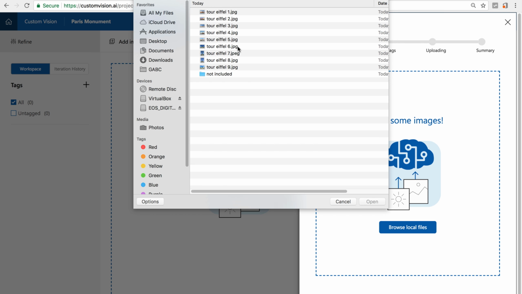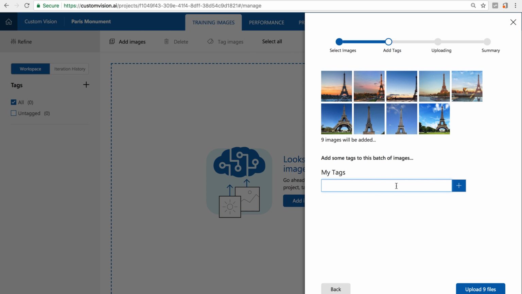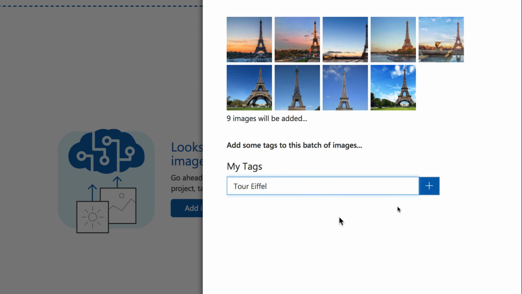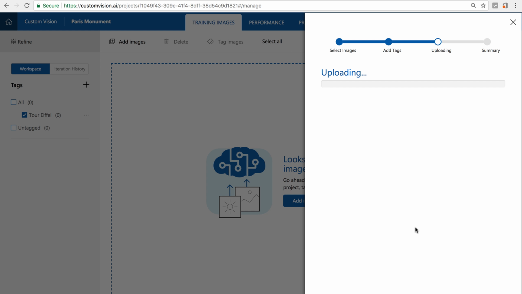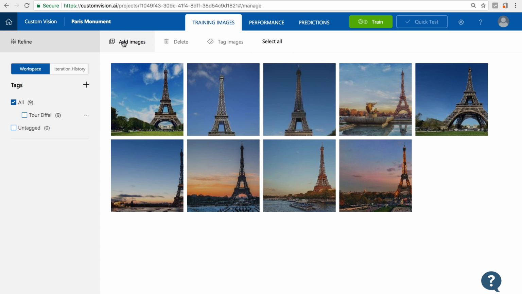Here I'll provide some images that I have downloaded earlier for Eiffel Tower, and I'll tag those images as Eiffel Tower. I write it in French, Tour Eiffel. I'll upload those 9 images, and make sure more images means a more accurate model. Here I am just uploading 9 images. Once those are uploaded,